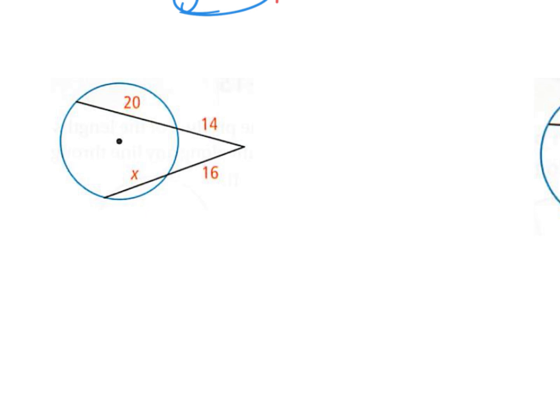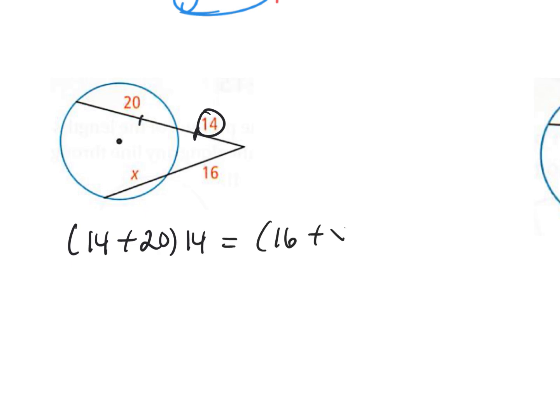Okay, first we're going to equate the first one. Here it's going to be outside first, and then the one inside multiplied by the one outside is equal to 16 plus x and then the one outside. Okay, 14 plus 20, that's going to give you 34, and if you multiply that by 14, this is going to give you 476. 16 times 16 is going to give you 256